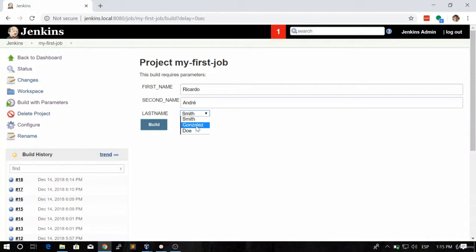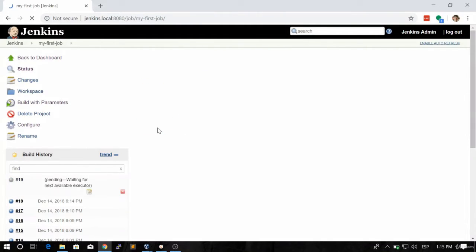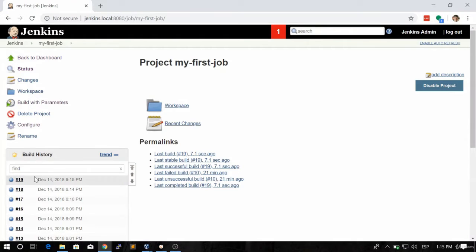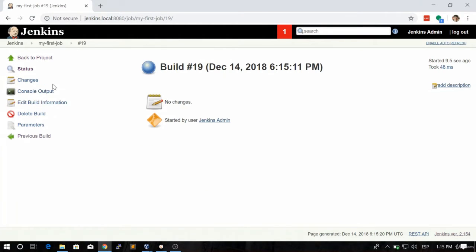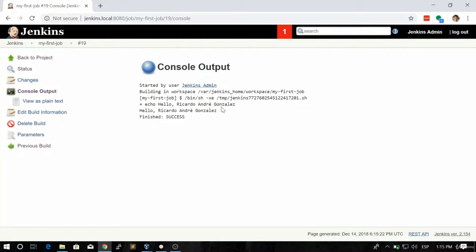So let's click, for example, in this. Let's hit build. And after the execution finishes, we're going to go into the output. And as you can see here, the script is actually taking the values that we are sending, which is pretty good. So cool, you already know how to create string parameters, how to create list parameters,